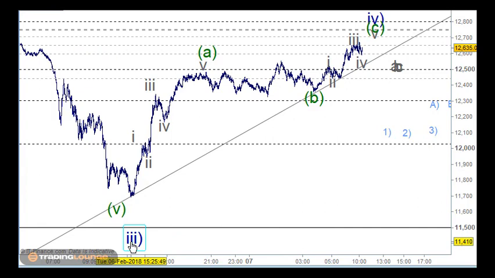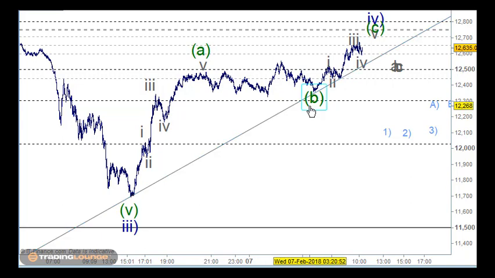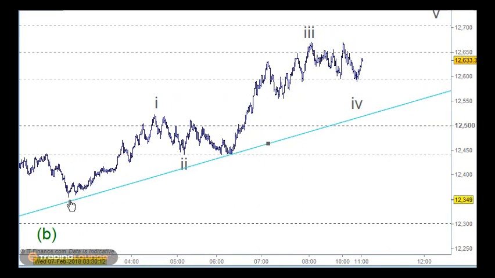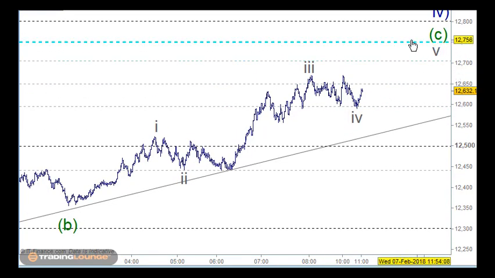So the move up from this low here, put that on there, straighten this up. We're looking at 1 and 2 and 3 and 4 and 5 up here for the A wave, and then looking across for the B wave. That could be counted slightly different. That B wave could actually play out to here as well, but I've put it here for the time being. And from this wave B here up for 1 here and back for 2, then 1 and 2 and 3 and 4 and 5 little waves up here for 3, an A and a B and a C for what I was looking at. This is wave 4 here. It could come back lower to this wave 4 here, and then one more push up into this space here.